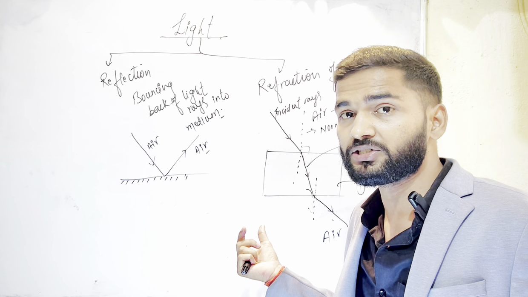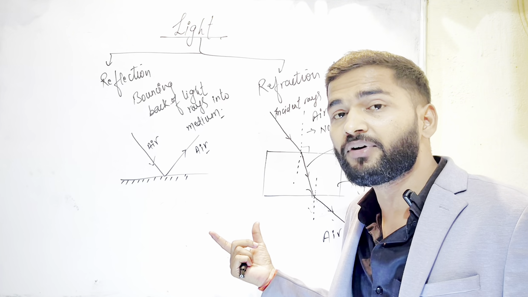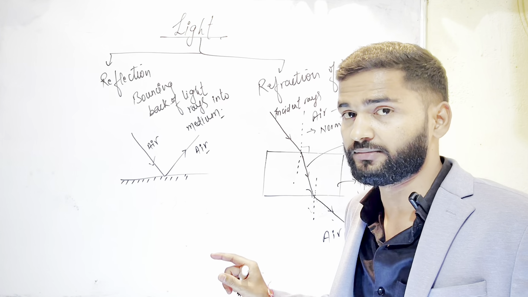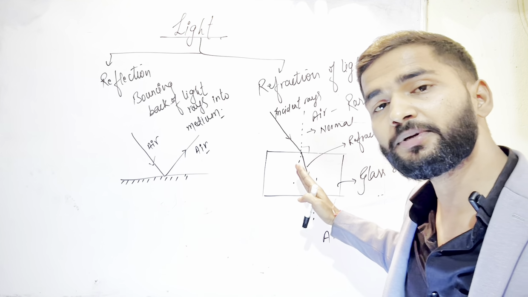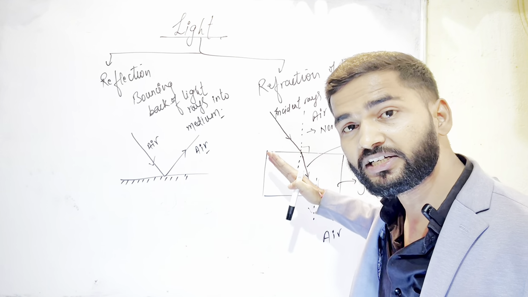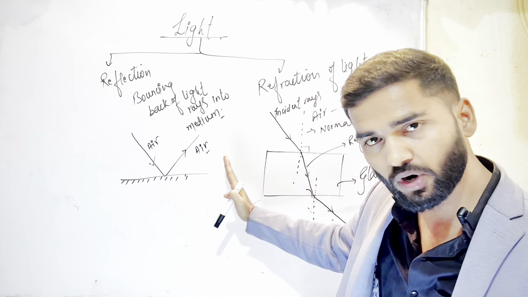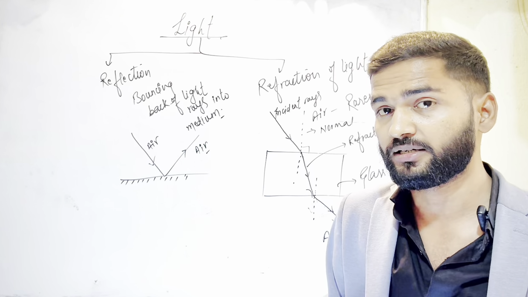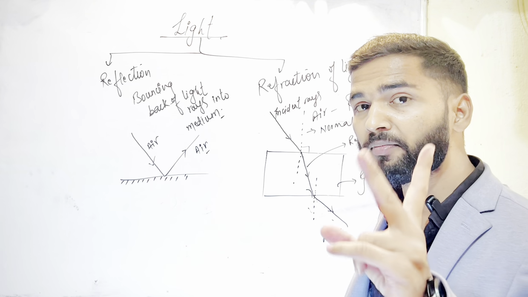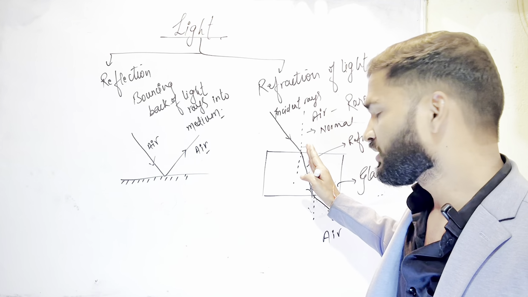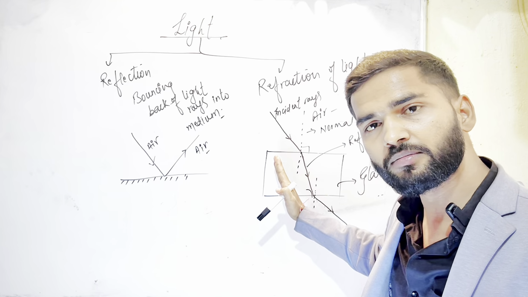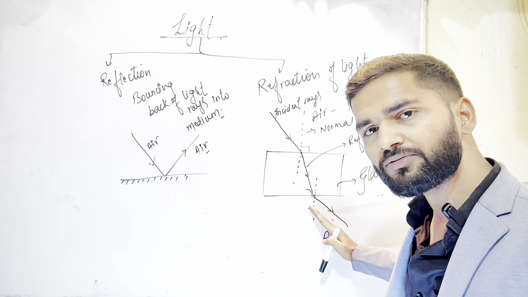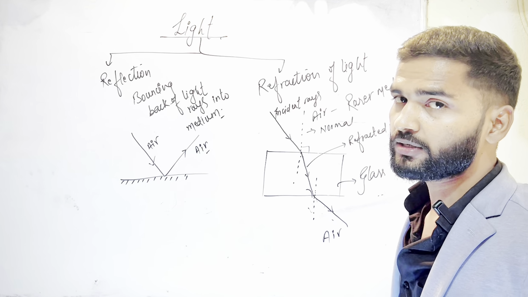But a glass slab is considered to be the denser medium. Why? Denser means having high density with respect to what? Air. That's why the speed of light is decreased. Due to the decrease in the speed of light, it went toward the normal. Remember the statement again and again. Refraction has two main phenomena. First, the refracted rays bend toward the normal, and the second phenomenon is that the refracted rays bend far away from the normal.